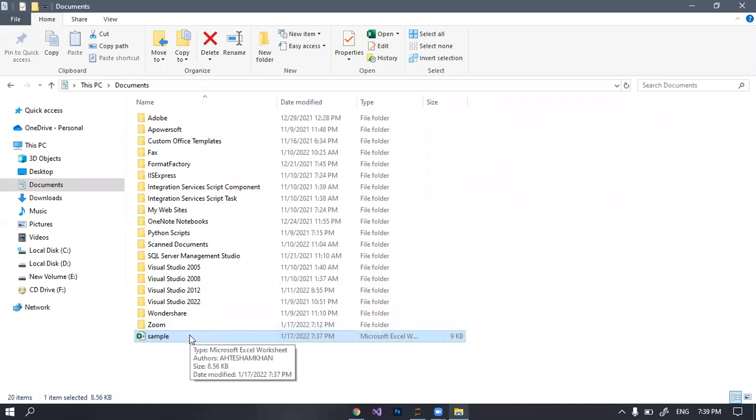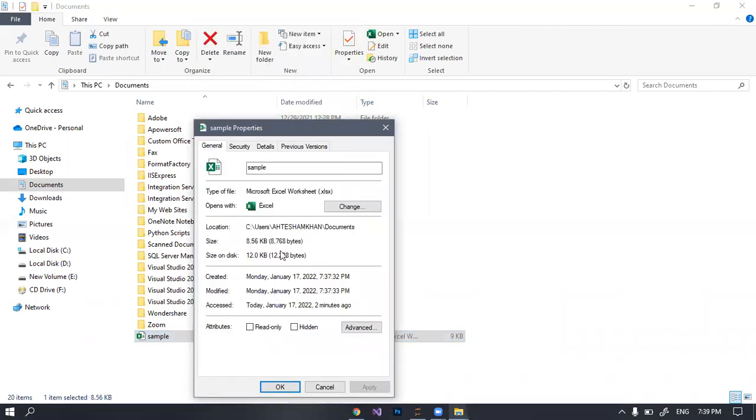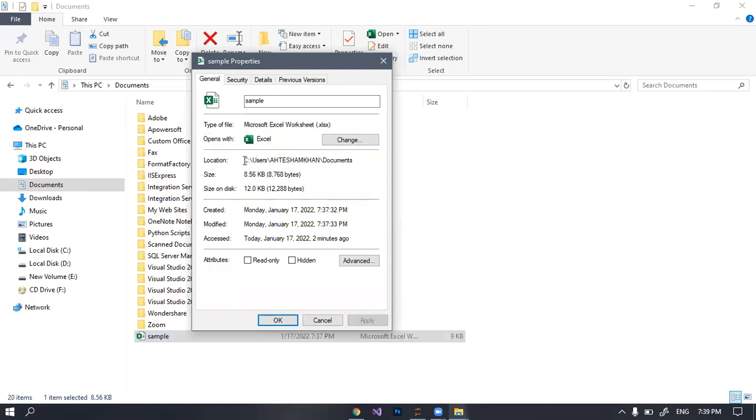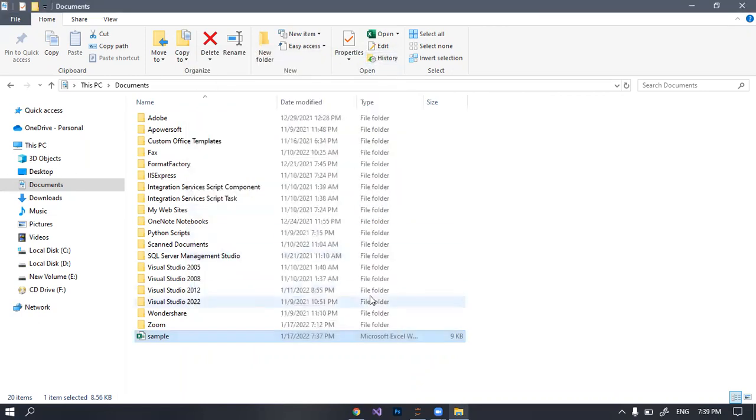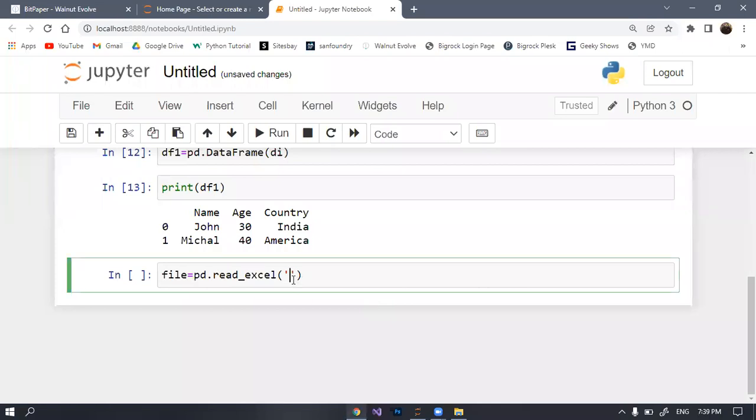Now just right click on that file and go to properties, and you will see the location of that file. Okay, copy it and close that dialog box and go back to the code and paste that location here,